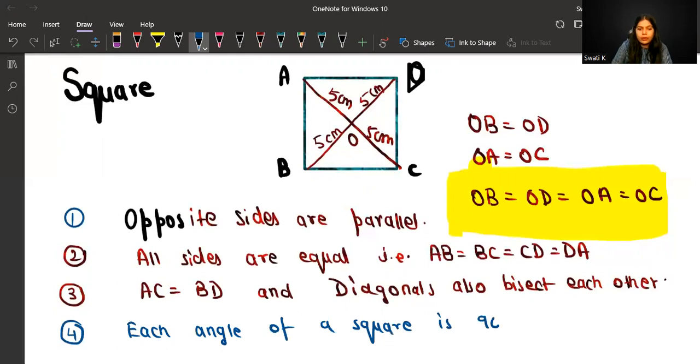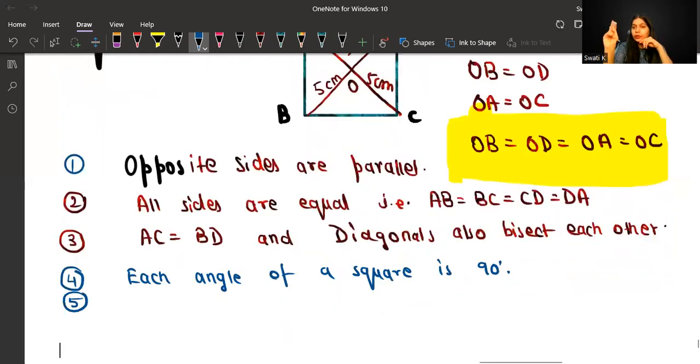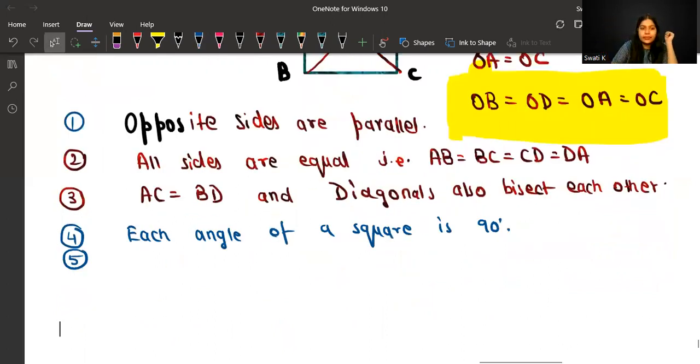And of course, the sum of angle A plus angle B plus angle C plus angle D is 360 degrees only. Next is the diagonal basically bisects the square into two equal right angle triangles. That is also a very important property. So you can write down that the diagonal